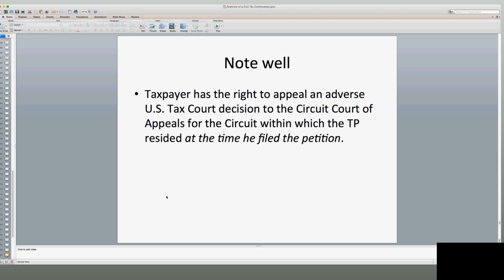Well, if New York doesn't have published case law on the issue, then the court is actually going to turn to the circuit where the taxpayer resided, Virginia, to determine what the case law is, or if there is any case law out of that circuit on that issue, and that would govern. It gets very, very confusing, and so these things have to be figured out ahead of time.